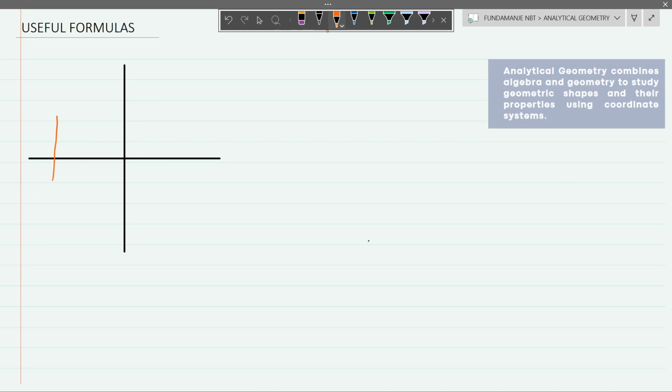Along with shapes as well, we have rectangles, we have parallelograms, and the critical point of it all is that they all have coordinates. These coordinates allow us to calculate things such as the distance from A to B. Doing so, we would be using the distance formula. So the distance formula is as follows. If you want to calculate the distance, you will